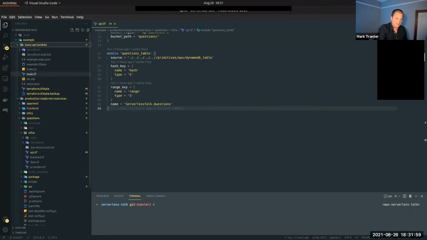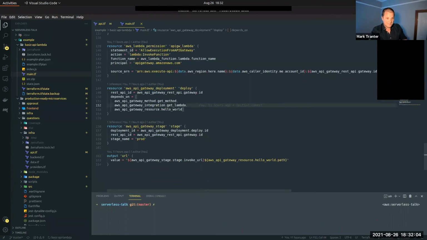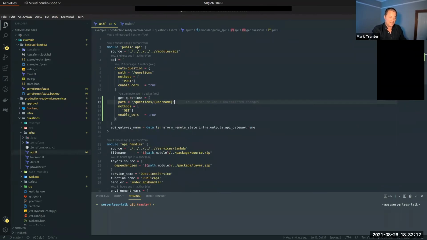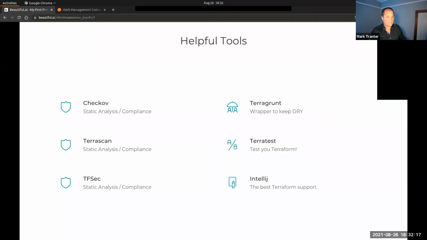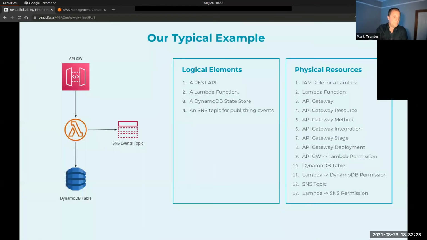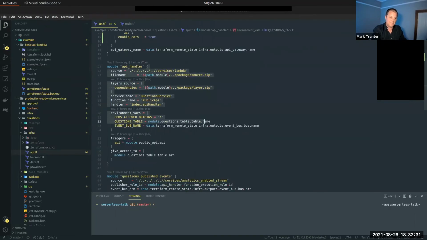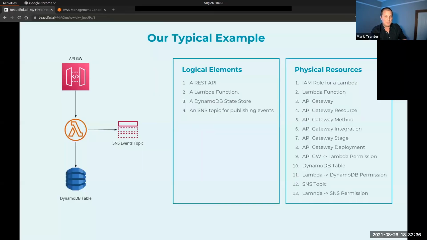If we compare that to the example that I went through earlier, it had, I don't know, 13 Terraform entities and 164 lines of code. You can see the power of abstraction and composition already. And it's no coincidence that these 4 modules map onto our simple example: a gateway, a function, some events channel, and a DynamoDB table, right? API, a function, an events channel, and a DynamoDB table.